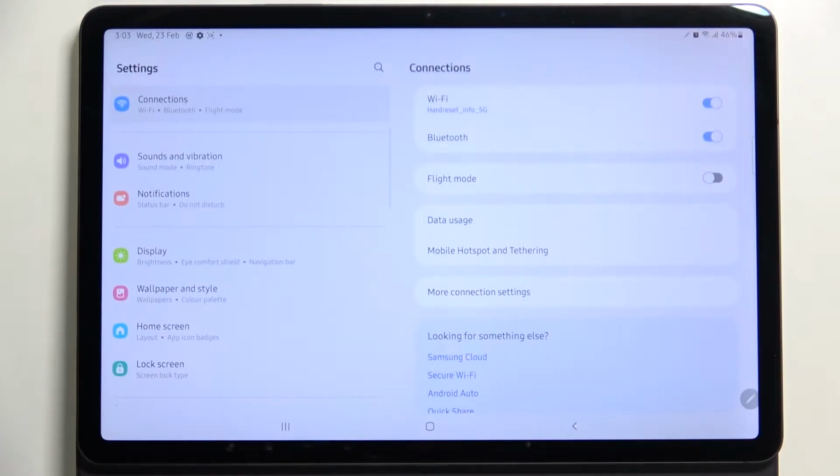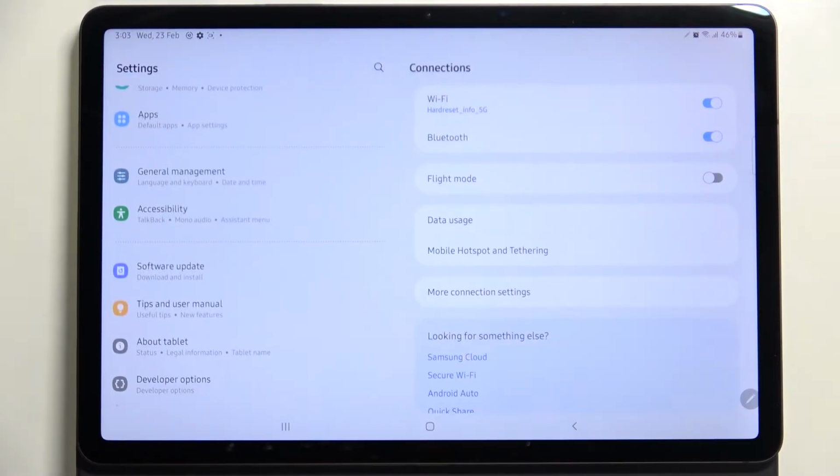So first of all, let's enter the settings, and here we have to scroll down to the very bottom to find developer options. If you cannot find the developer options, if they are not active in your device, no worries, it's quite normal. You will have to activate them manually. Of course, if you want to, you can check our tutorial of how to enable that, but if not, then